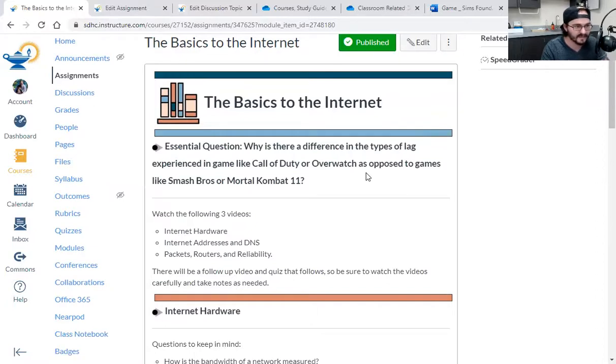What happened? And then in Smash Bros, it just freezes and pauses. There's no, you were here, now you're here. Nope, it just hits here and you're stuck in that same animation for however long until the next frame comes. So I asked them, what are the different types of lag and why does that happen?